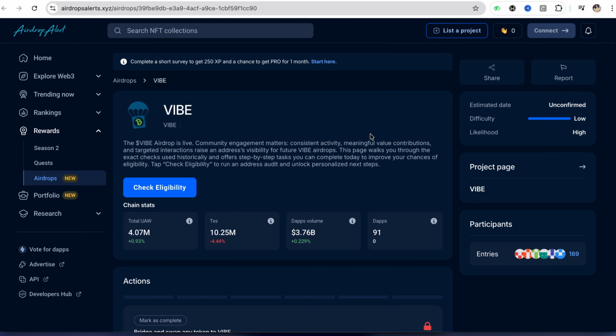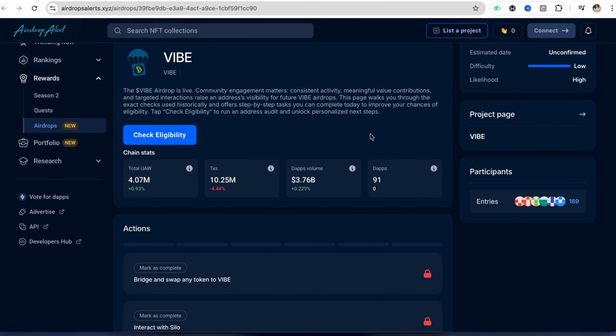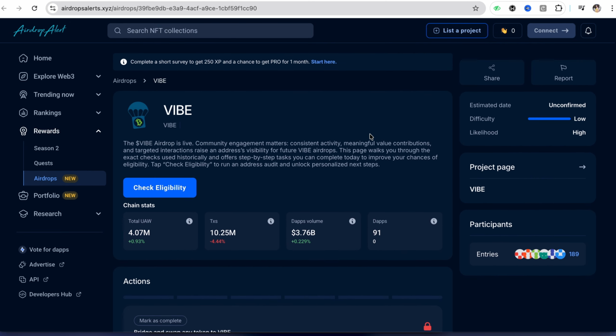So once you have completed all the tasks and the snapshot confirms your status, just click on claim and you are done. Your token will either be distributed immediately or after the next distribution round, depending on when you have joined. So basically, these are the steps that you have to follow.